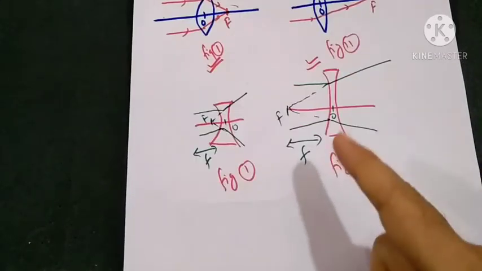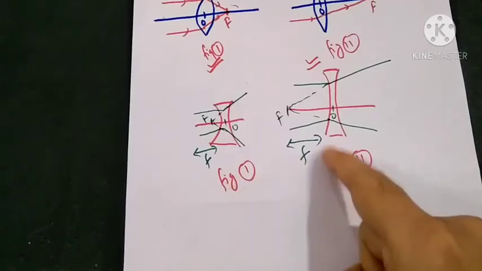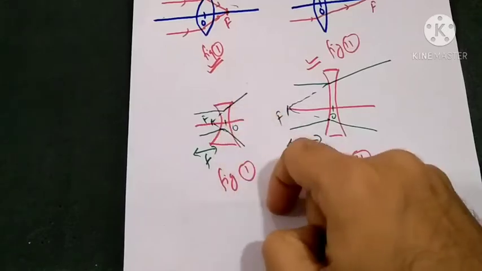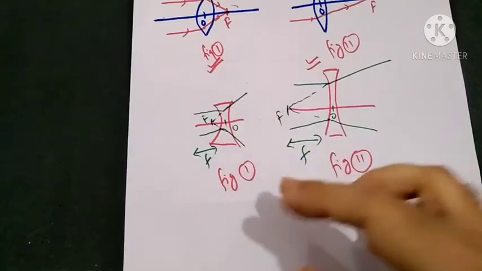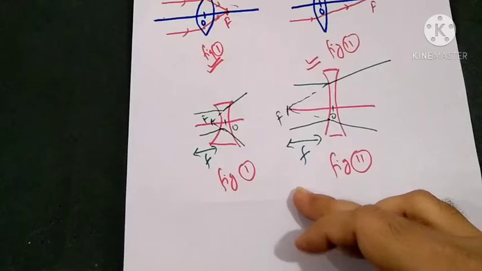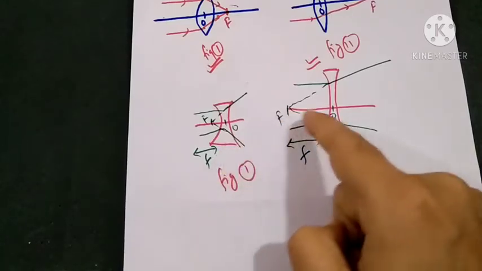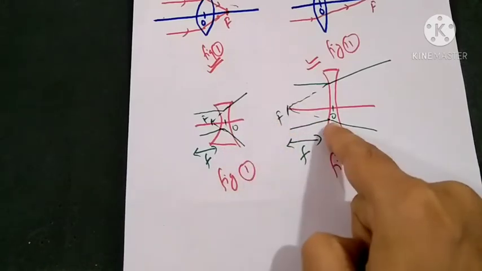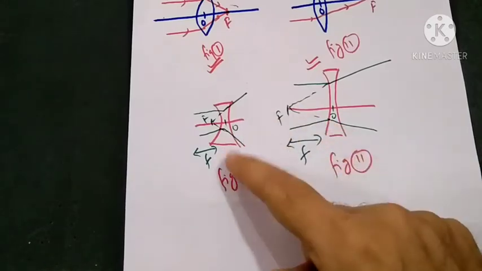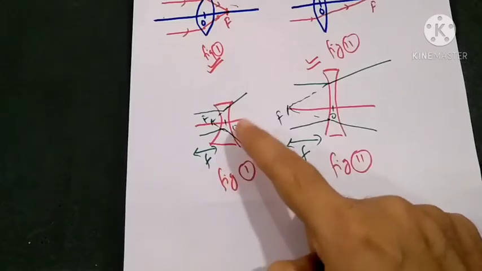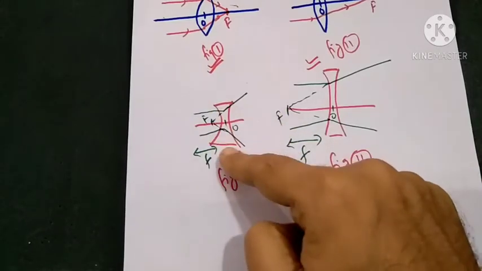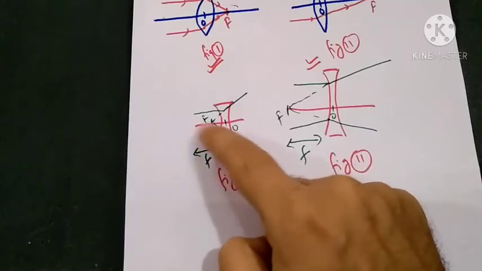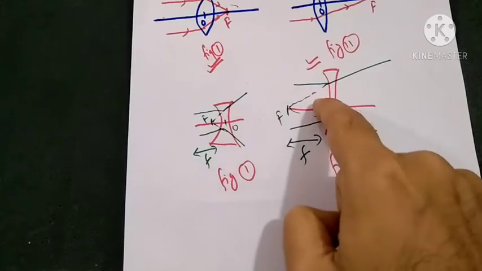Now let's investigate the case of a concave lens. See, I have already drawn the ray diagram for it. The parallel rays of light falling on this lens get diverged. In case of a concave lens, which has more thickness? This concave lens has more thickness than this one. So the lens with greater thickness can diverge the light rays more, as it has its focus nearer to the lens than this one.